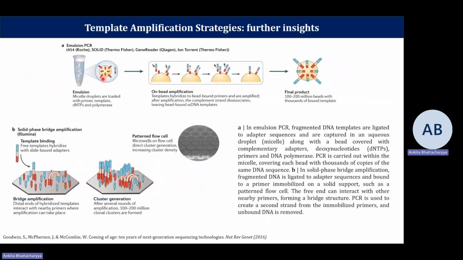Next is emulsion PCR: 454 Roche, SOLiD, GeneReader, and Ion Torrent. Emulsion PCR, as we have already discussed, involves the formation of these droplets within which you have your bead that has all of the adapters ligated. And what you expect is on-bead amplification to proceed in this manner as shown here. Like you can see, the red cylinders represent tiny little probes that have been localized on this surface,